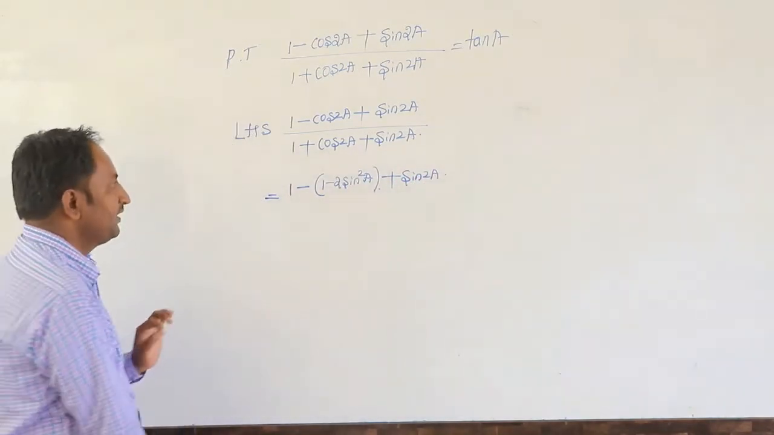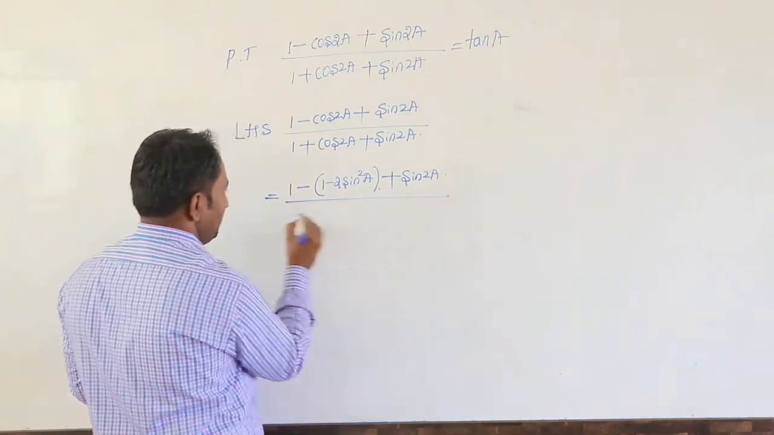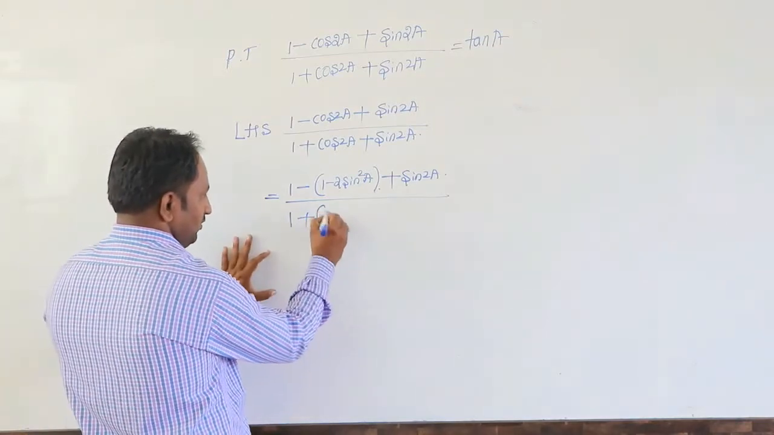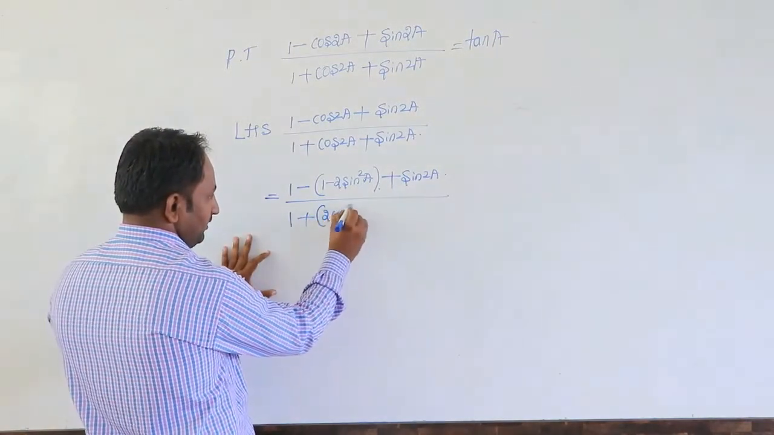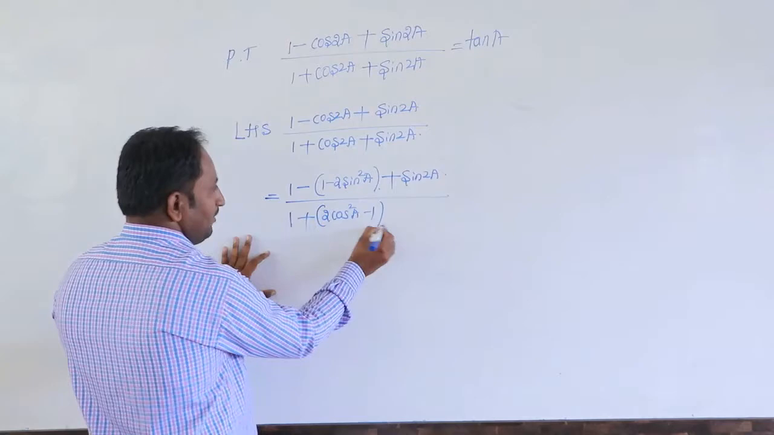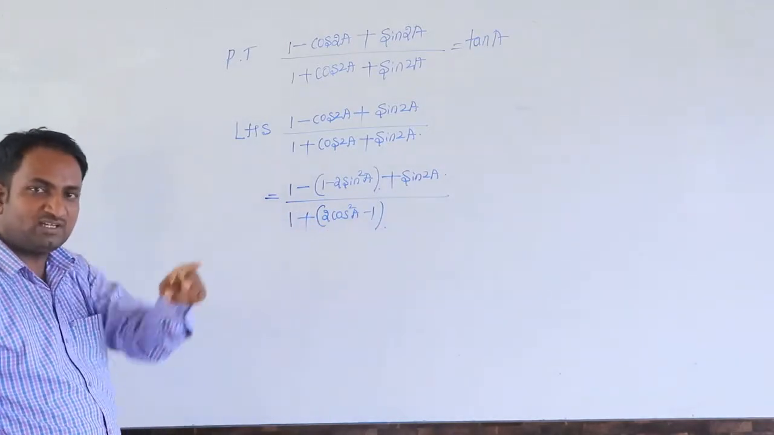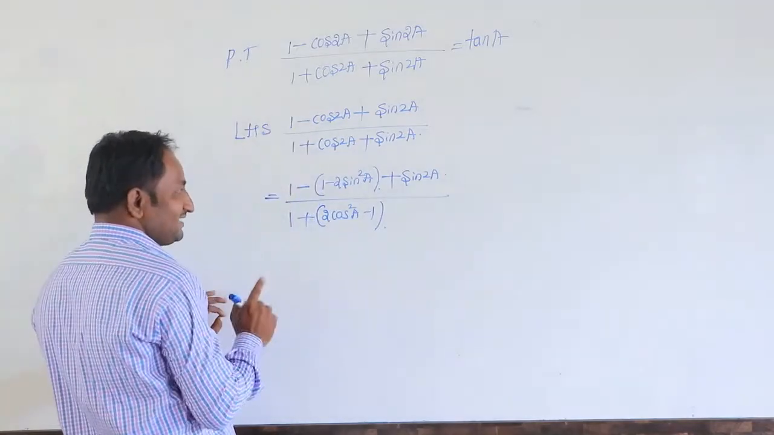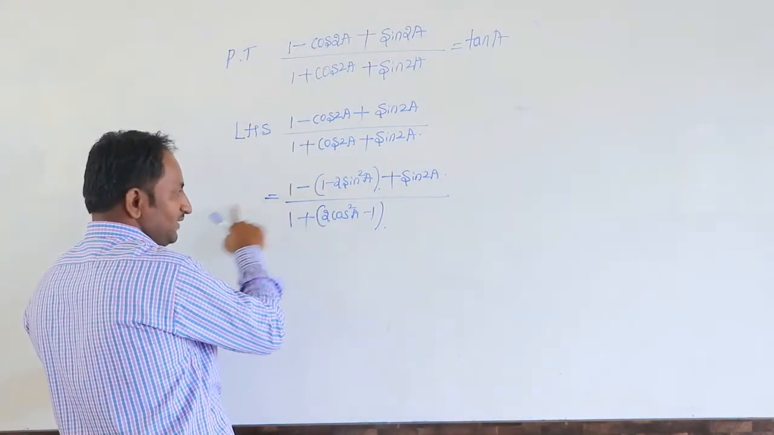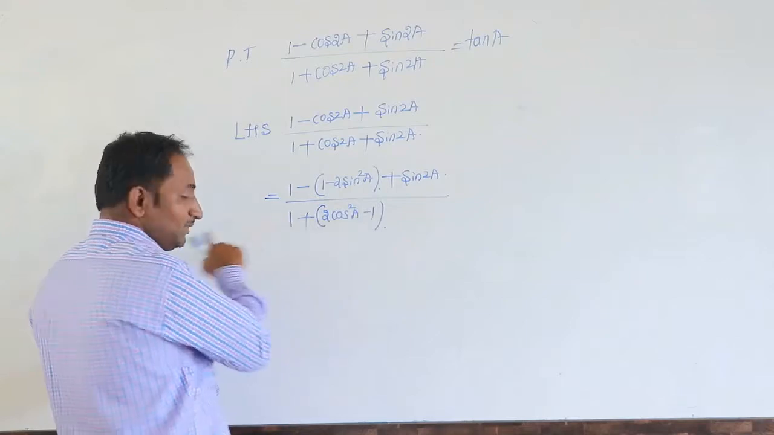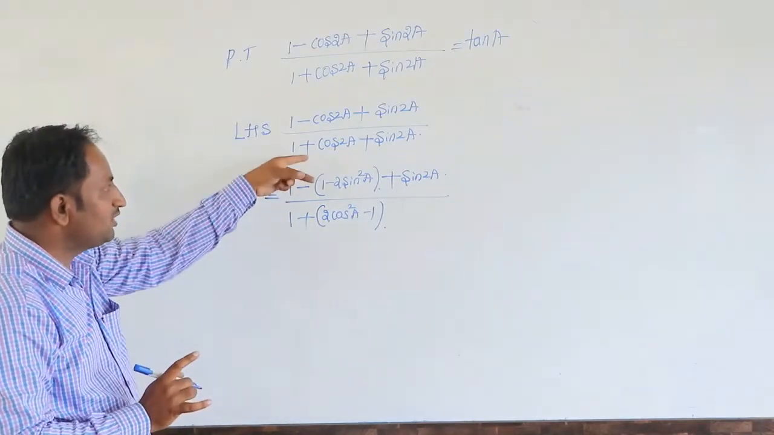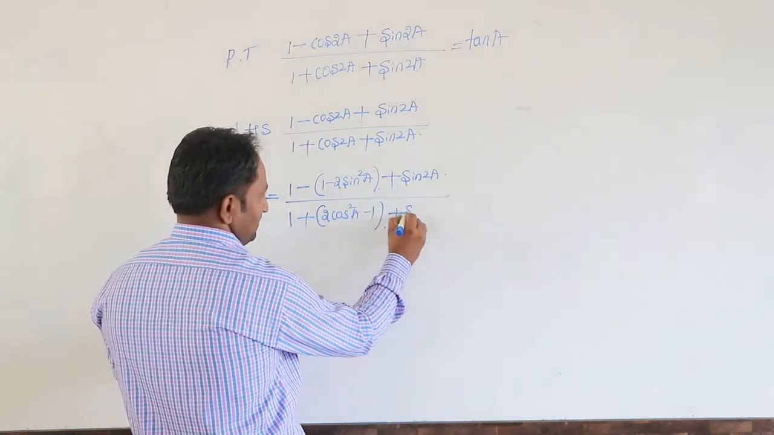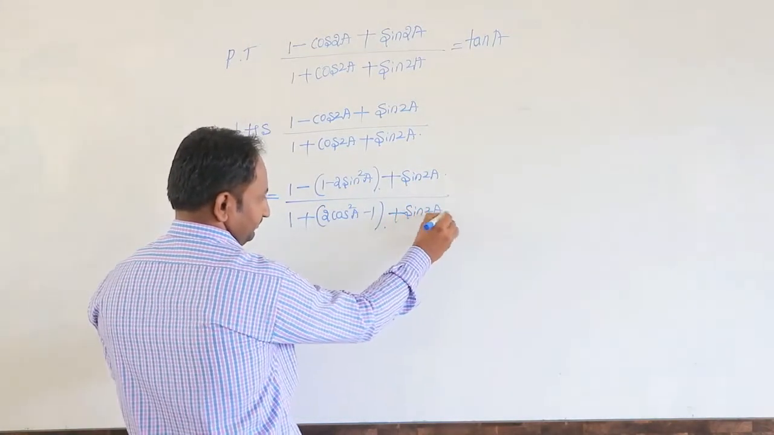then divided by 1 plus cos of 2a formula is 2 cos square a minus 1, because we can use two different cos 2a formula, because here 1 get cancelled, minus 1 plus 1 get cancelled, minus 1 plus 1 get cancelled. That's why we can choose two different formulas. Plus sin of 2a,